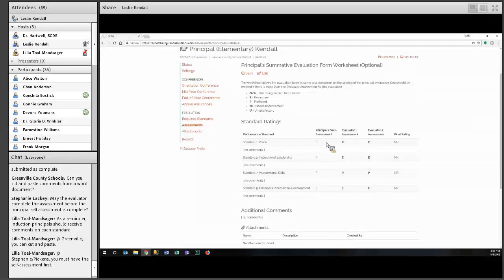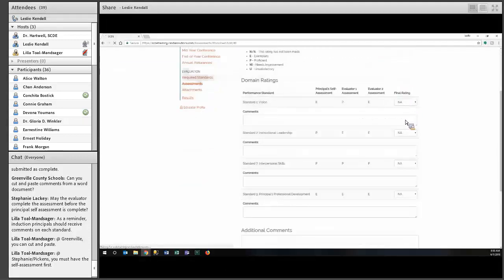Now on this worksheet, you'll notice that the principal self-assessment has been populated, along with the ratings that each of the evaluators had entered on the evaluator assessment. This isn't visible to the principal. The principal will not see these. Okay. The evaluation chair can come in, add the final rating,